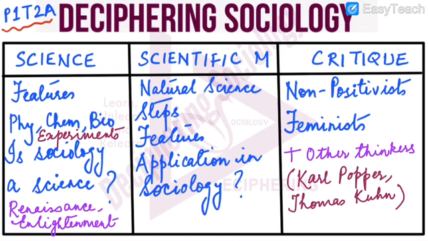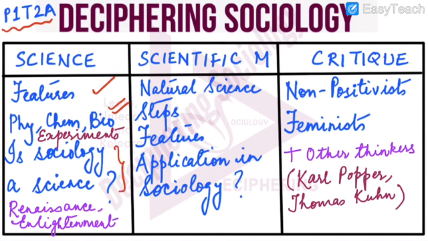So, what do we have to study in this subtopic? When we say science, we should understand its definition. We should understand the features and what the natural sciences are. For example, physics, chemistry, biology, these are natural sciences, and these are also known as experiment-based sciences, because here whatever results are included, they have been formed after several experimentations. Also, a frequently asked question in the PYQs is: is sociology a science?